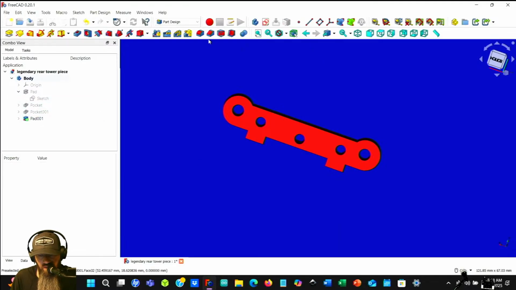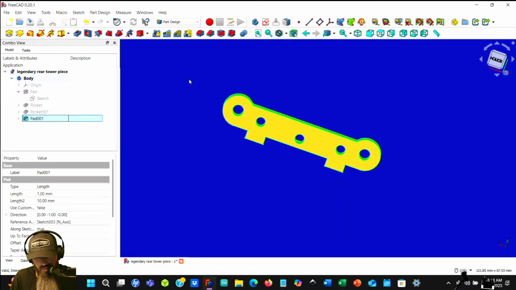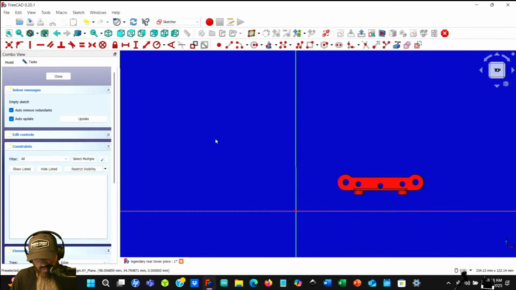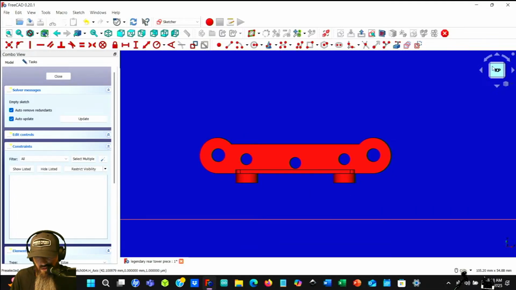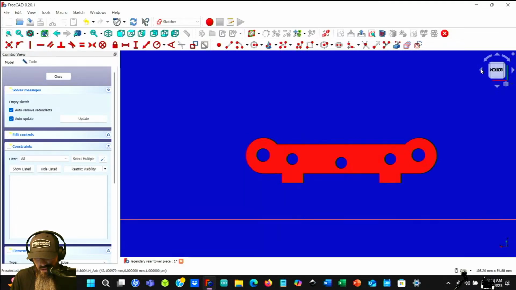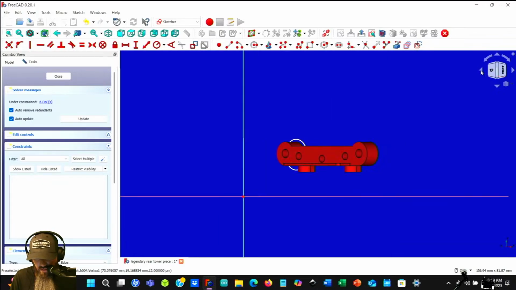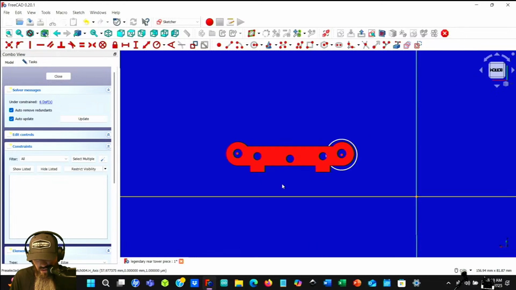Let's add another sketch. So we will do a new sketch on this one. And let's go to the other side here, because it will be on this side. And we're just going to make a hole there and a hole there, basically. So they need to be centered into here. I guess we might as well go to the other side. I don't know why it can't be on the top.